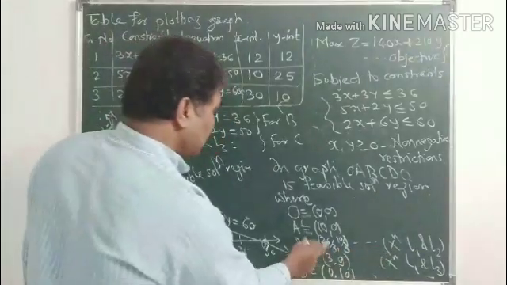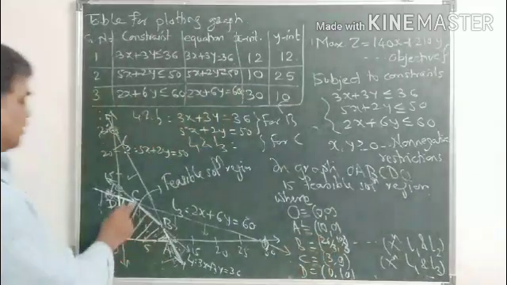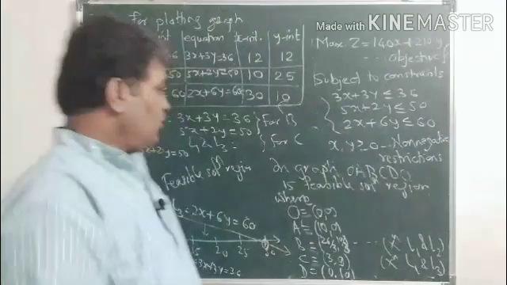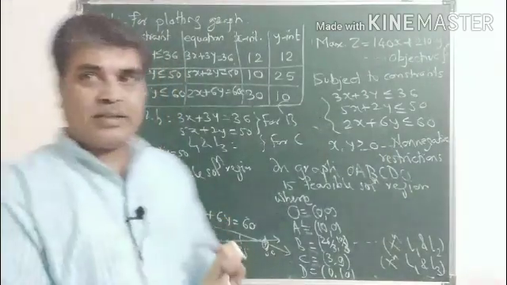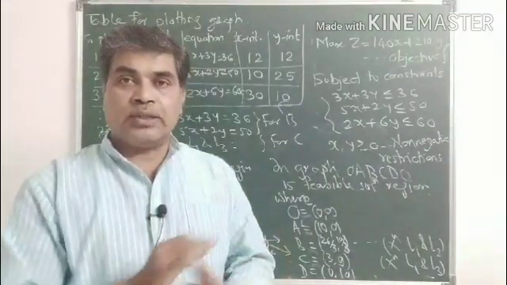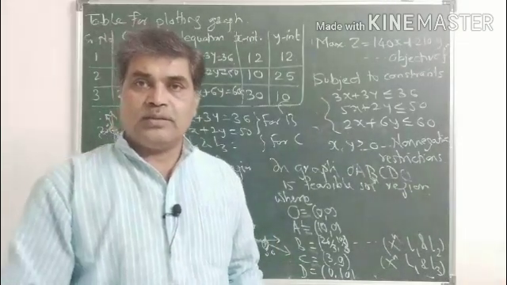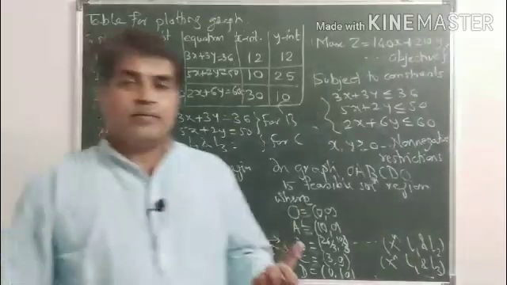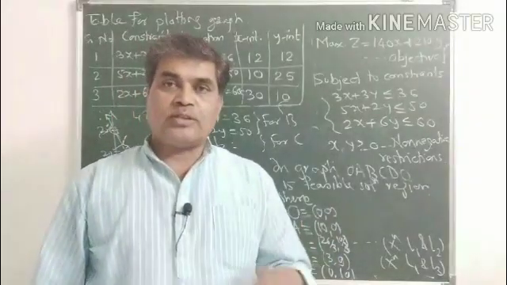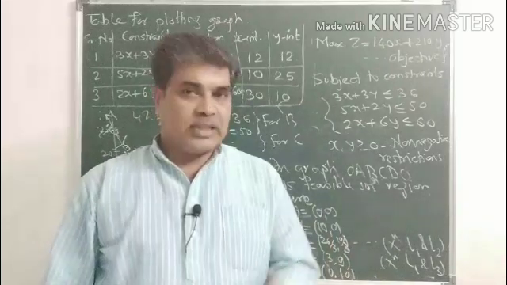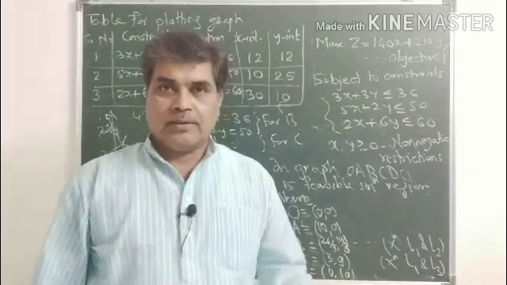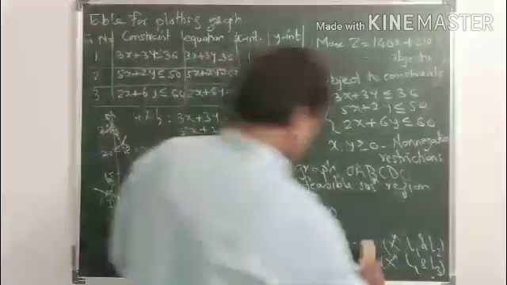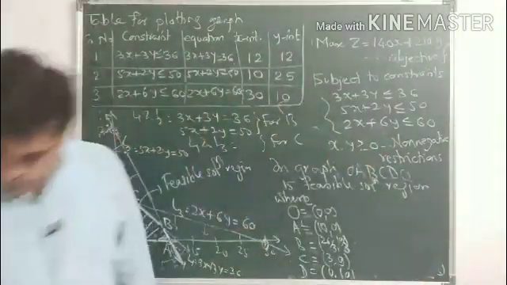On the same line, verify whether 26 by 3, 10 by 3 is the correct solution of B or not. You have to just solve those equations simultaneously by any technique. There is no restriction. Till now you have studied how to solve two equations in 9th standard. Then you have studied how to use Cramer's rule to solve a system of two equations in 2 unknowns, 3 equations in 3 unknowns, or the matrix inversion method. You can apply any technique to find the solution sets. Okay, so I got this now.